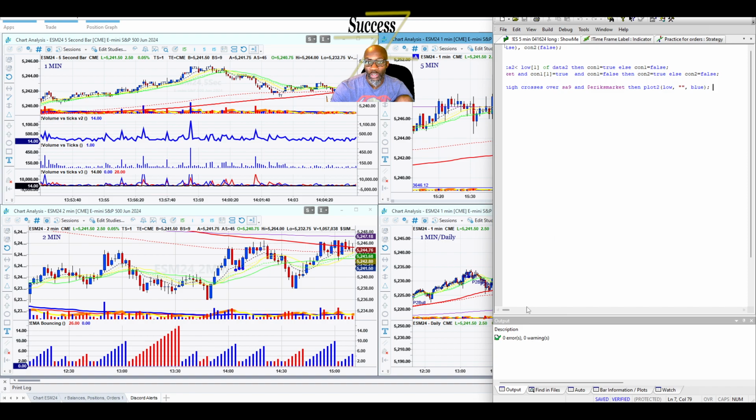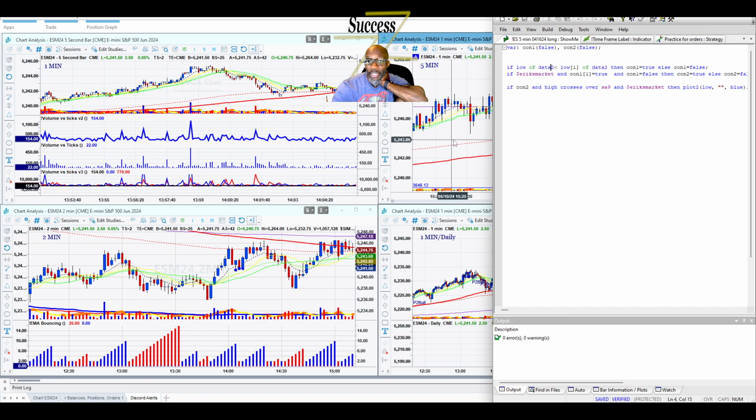And that's why I should use more notes on my scripts about either what I'm thinking about or what's necessary for it, because obviously this is for the 5 minute time frame, but why are we using data 2 for the 5 minute time frame instead of just using it on the 5 minute time frame? So since this is the 5 minute time frame,